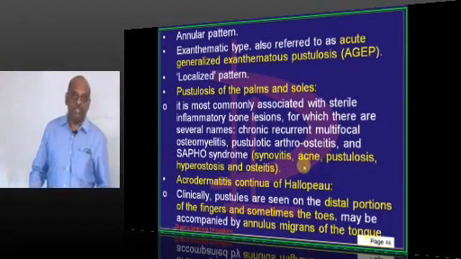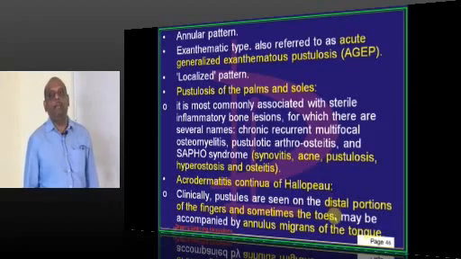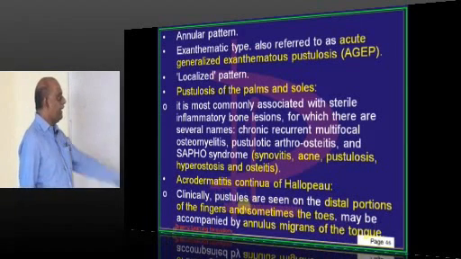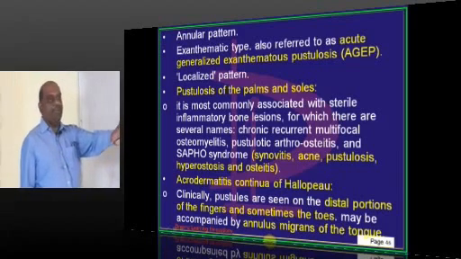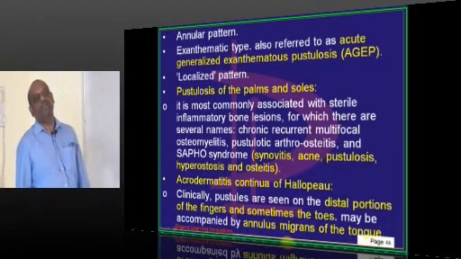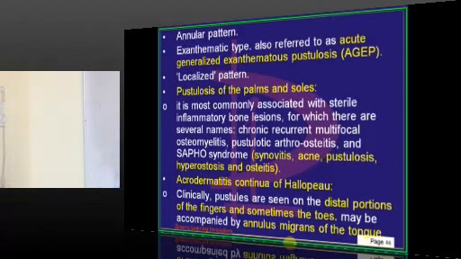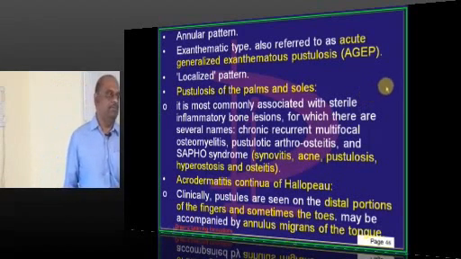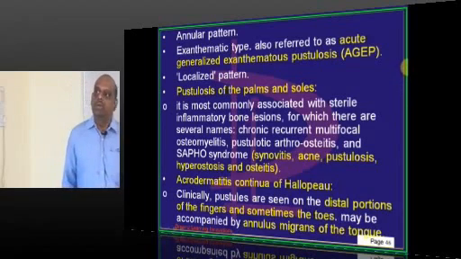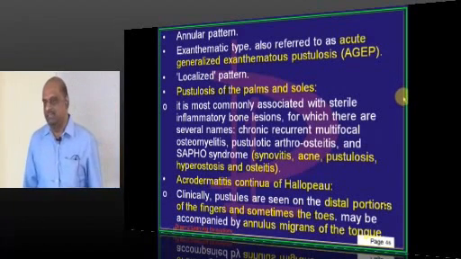Then one more way by which pustular psoriasis can present is called acrodermatitis continua of Hallopeau, is what you need to remember, where it is the distal part of the fingers and sometimes the face which typically will show the presence of pustules. So based on the location of the pustules, when it is generalized pustular, you call it von Zumbusch. They can be palmoplantar, etc. But the main point here is which condition will be associated with SAPHO syndrome, is what they are going to ask in tomorrow's exam by chance, rarely, right?